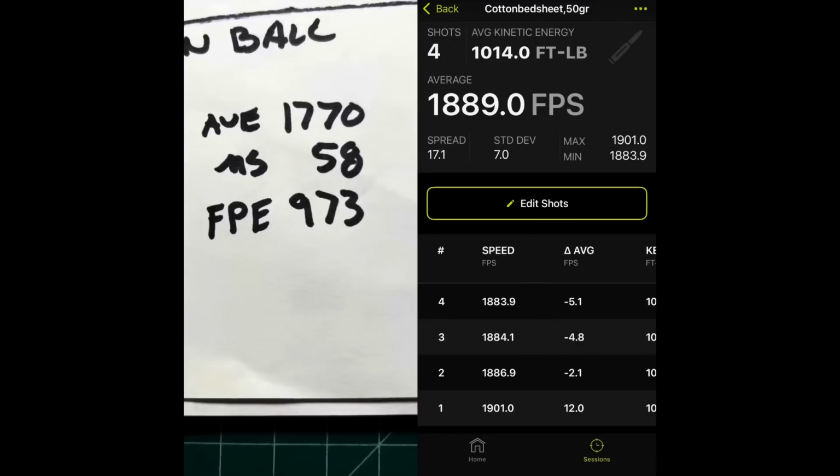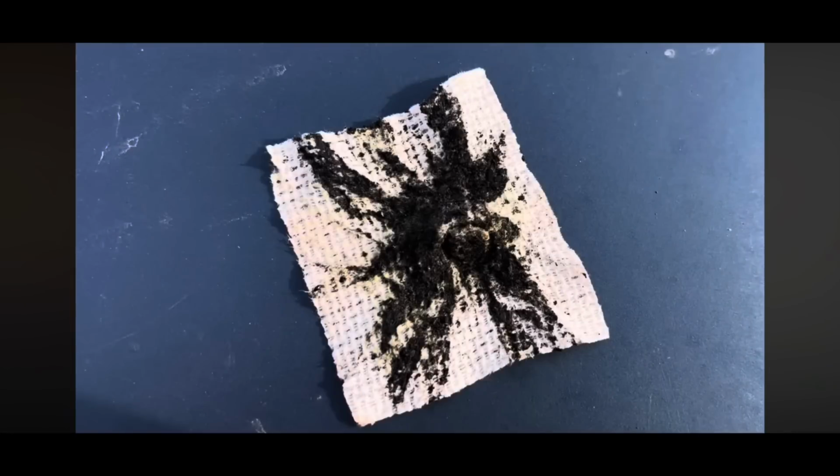As far as the velocity gain from the cotton ball that we did about a year ago, we could see that that is well over 100 feet per second worth of increase from the cotton ball. Not quite as dirty, judging from this picture of the cotton ball patch that I have saved in my phone. But this is a